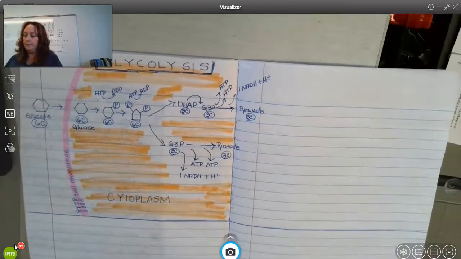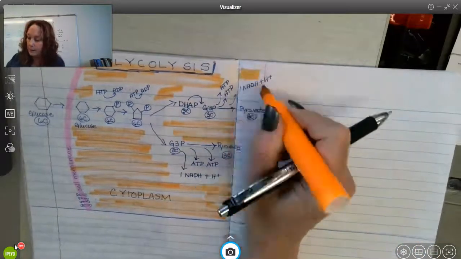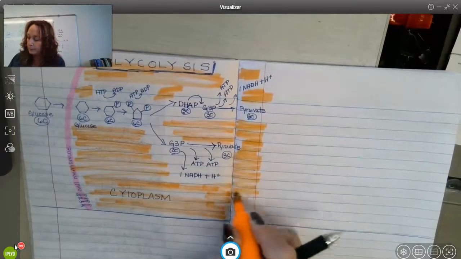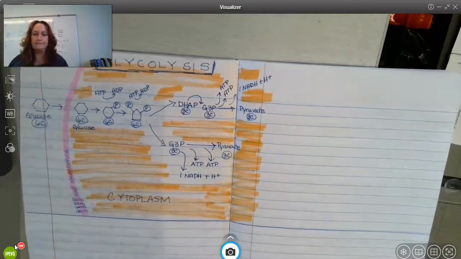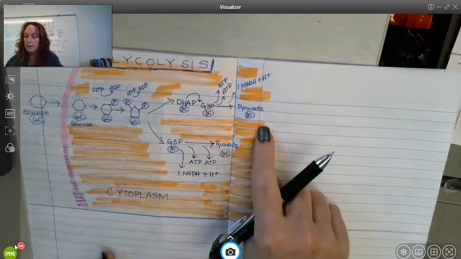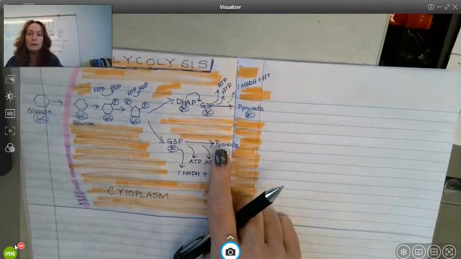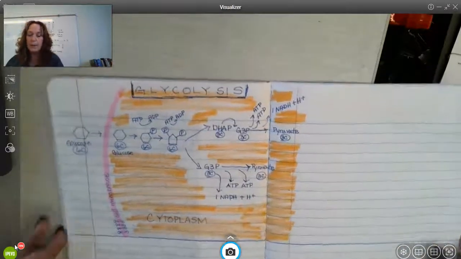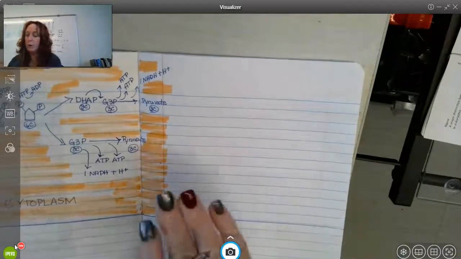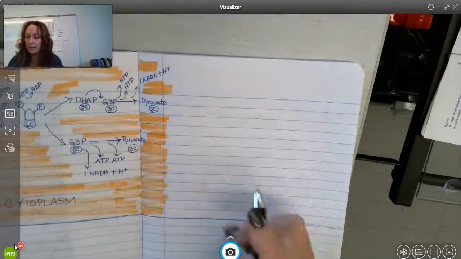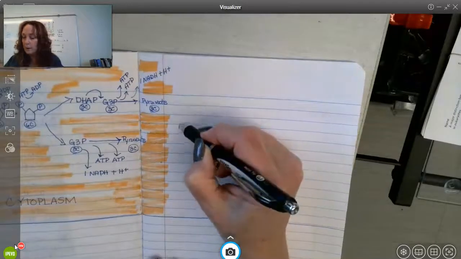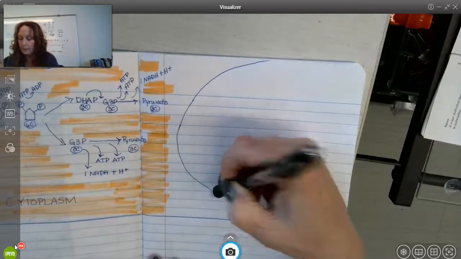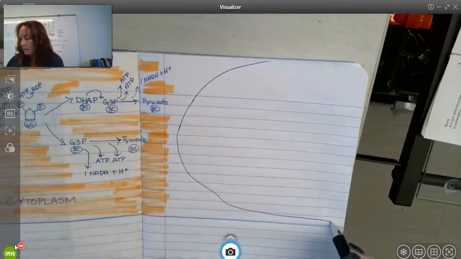So, we're still in the cytoplasm. Me and my orange highlighter. Alright, still in the cytoplasm. The pyruvates, in order to be oxidized, broken down, have to move into a mitochondrion. So now that's what I'm going to draw. Now, I'm going to make it big because I have a lot of stuff to do in there. So I'm going to draw this scary, ginormous part of the mitochondrion,